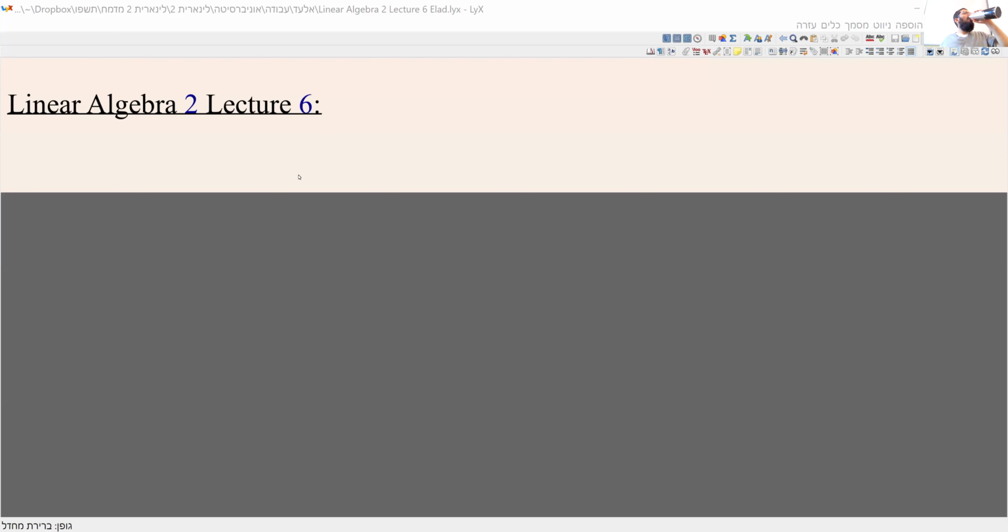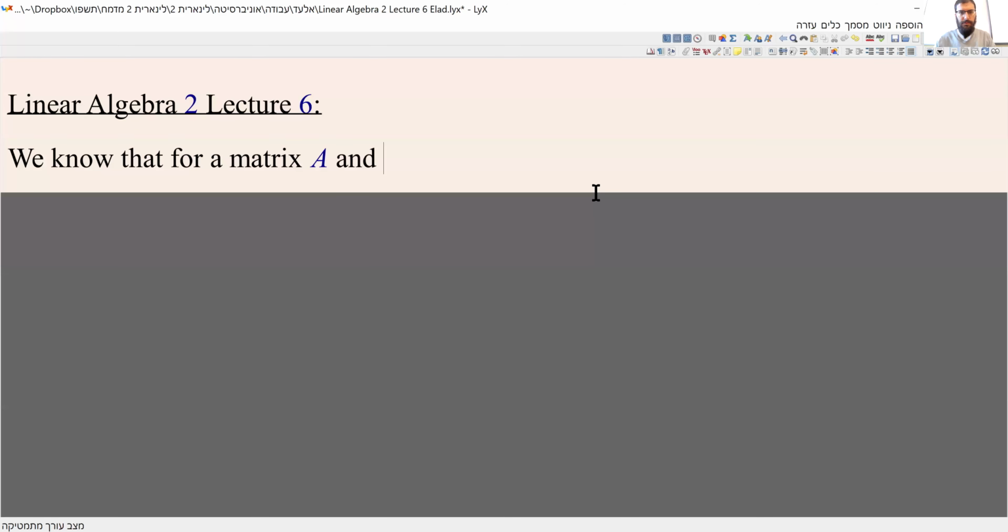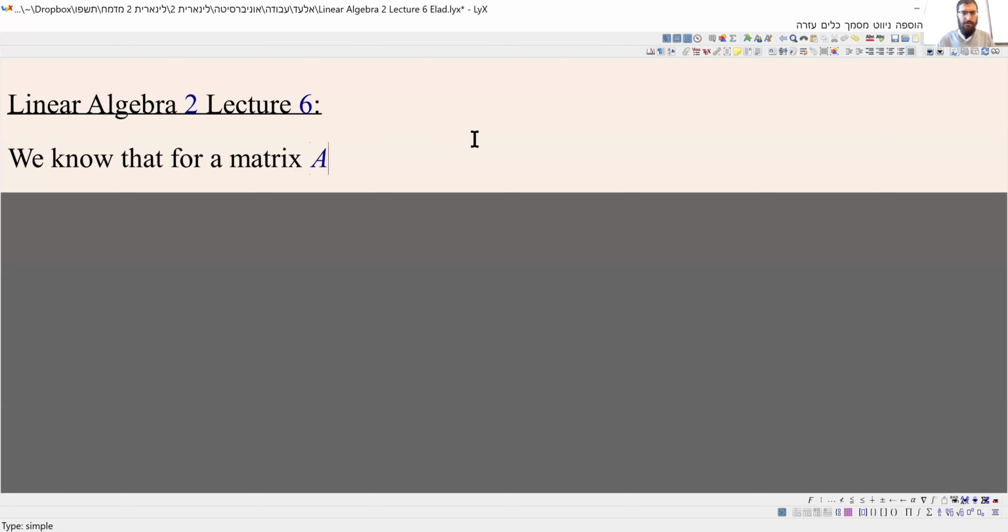We started last week to talk about the Cayley-Hamilton theorem. I want to remind you what it's all about. It's algebra, of course. We know that for a matrix A, of course, a square matrix, n by n,